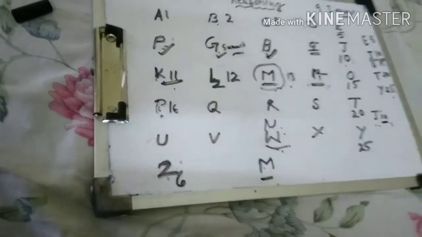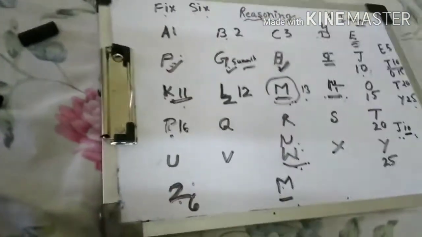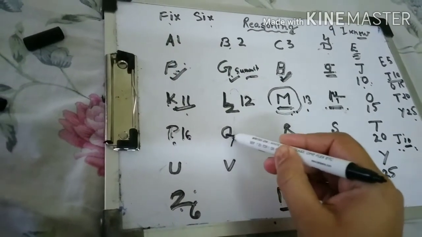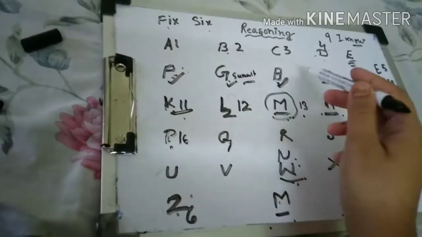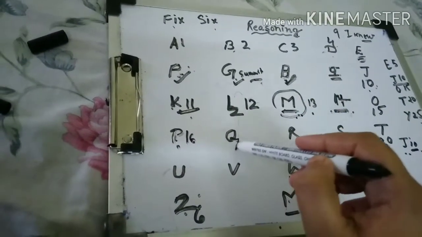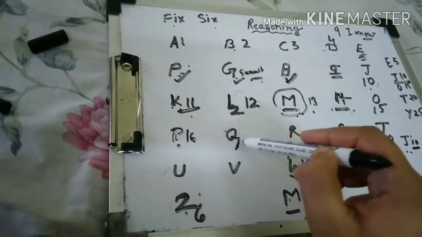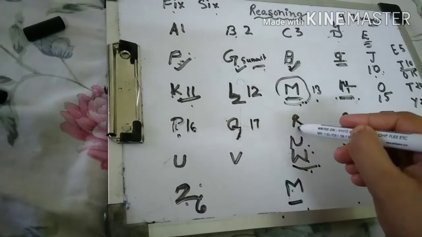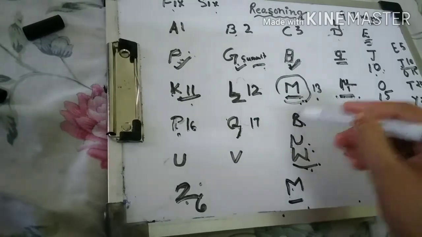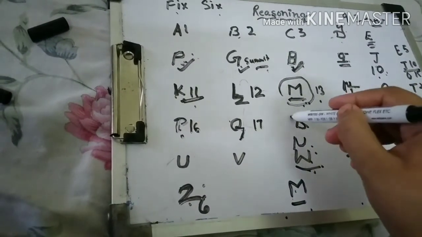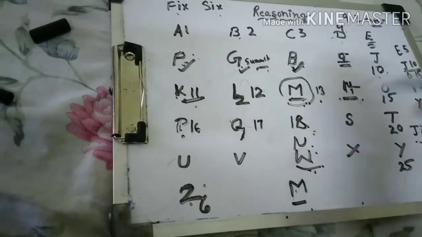And the Q stands for 7. Here you can make a 7. So 7 is G7 summit. So what is remaining? Q, 17. So this is 17. R, you can make one more time 8 here. So 8 we have done with the H. So what is remaining here? 1, 8, 18. 17, 18.